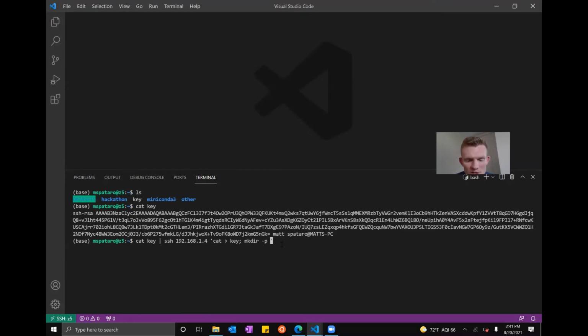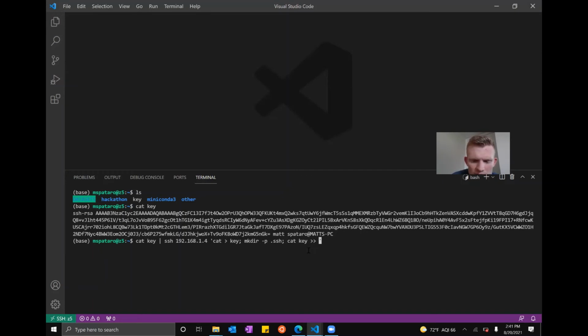And remember, the -p just means that if the directory already exists, then it won't give me an error. It'll just keep on going. So that's perfect. And so I'll say mkdir -p .ssh. And then the last thing that we want to do is say cat key